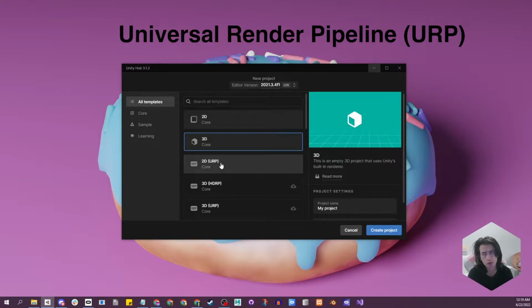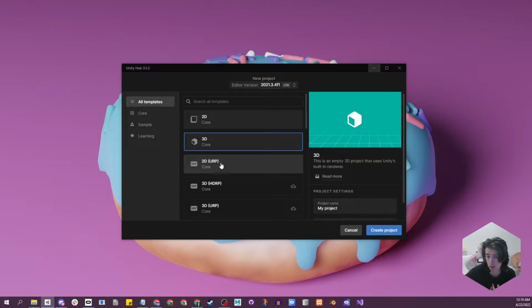It's a new way of rendering that Unity has implemented to make rendering more universal and, in theory, work across multiple platforms. I personally found it to be a bit of a headache, and so it's better to just start with a basic version, and you can always upgrade to URP, but it's difficult to downgrade from URP